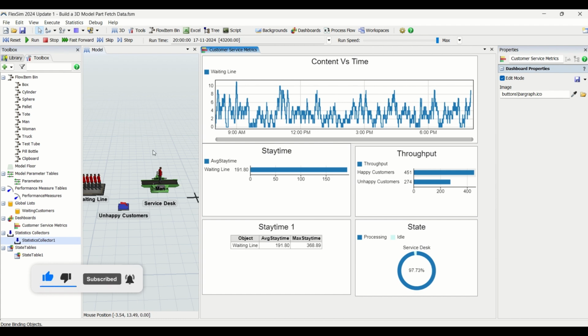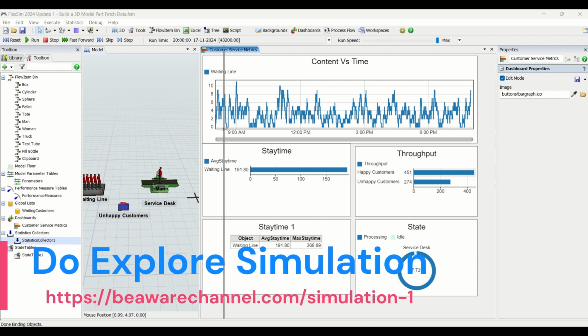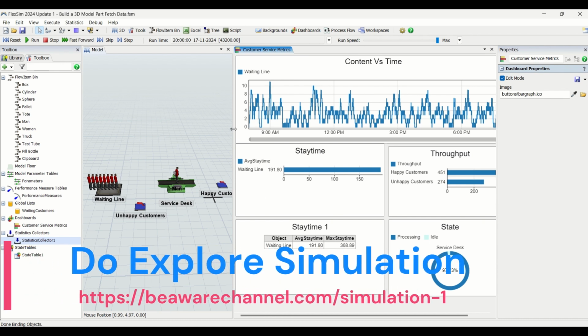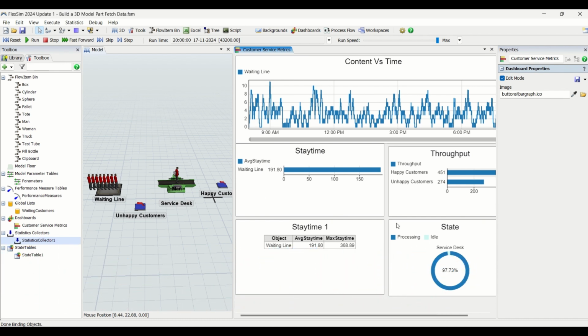So based on our model, that 3D model we created, based on the inputs we have given, and based on the data we fetched and are now analyzing, we have a detailed analysis of our customer service center, and by looking at these results we can take more valuable business decisions. And this is the advantage of